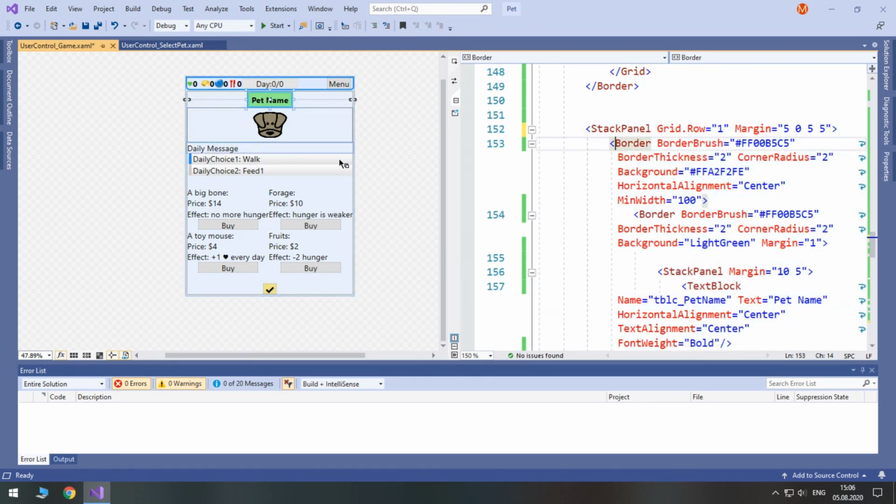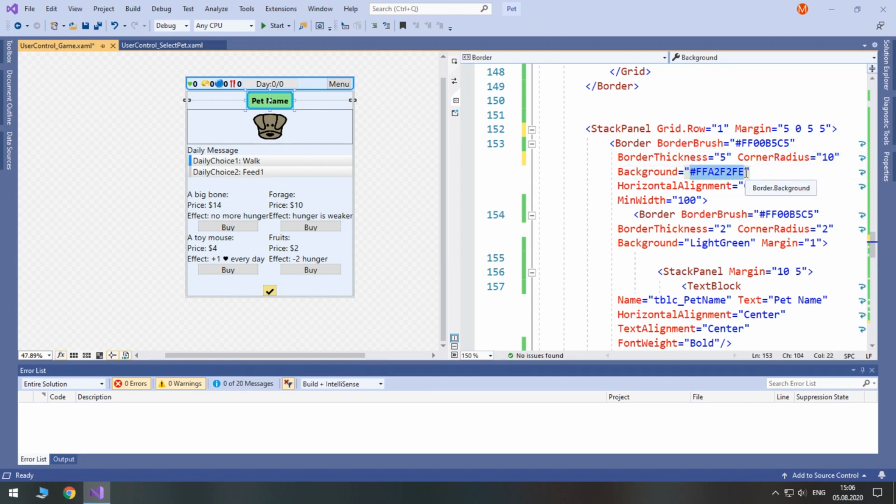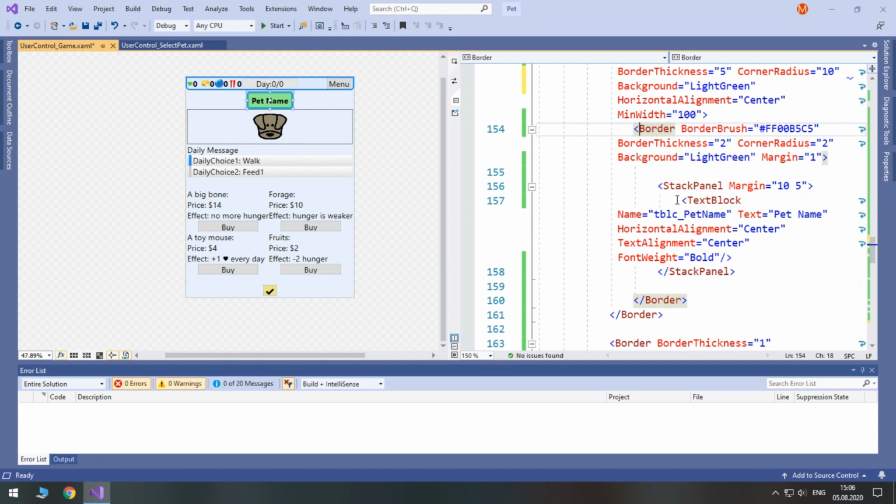Let's add some thickness to it, like 5. And we will increase corner radius from 2 to 10. Its background will be light green. Inside we have a border, inside of which we have a stack panel, inside of which we have a text block. That's a bit redundant. We can get rid of this border.